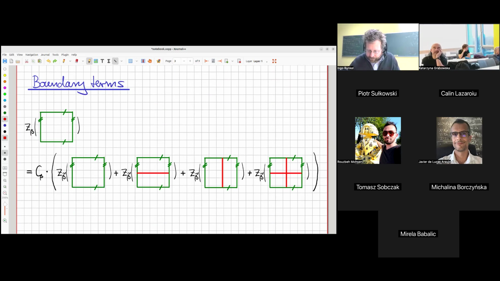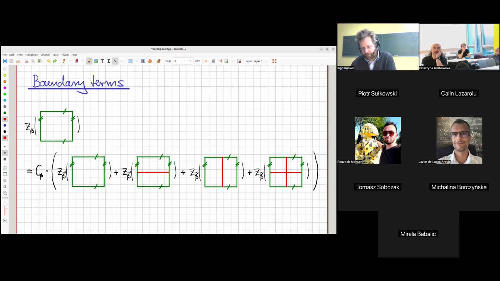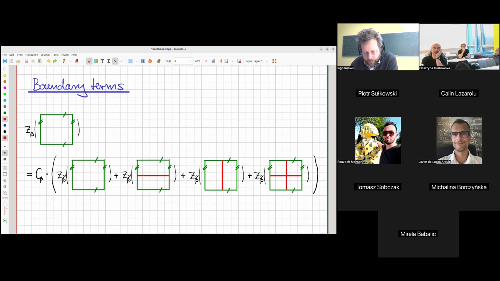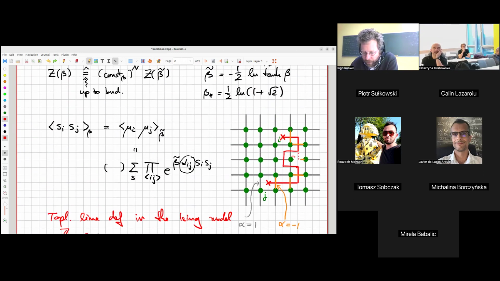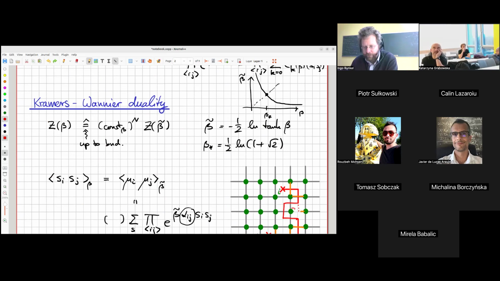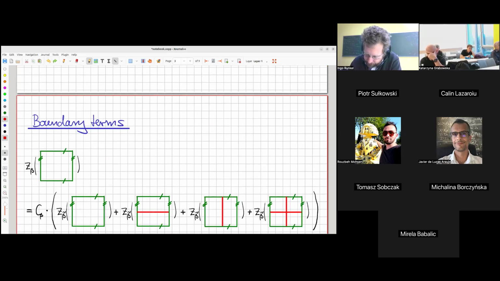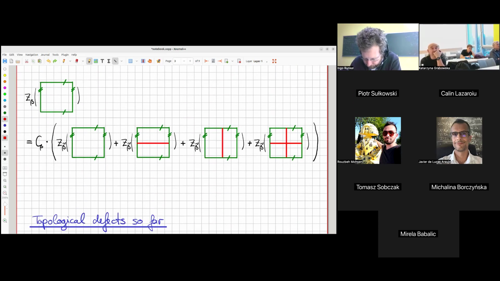I will now want to describe how you get this identity using, again, topological defects. If you look at old computations of how you would get Kramers-Wannier duality, you would indeed just transform the sum, and you would say, well, therefore you've got this identity. I now want to repeat this computation, but using the language of topological defects. Good. So we have to be careful with boundary terms. That's an example of what can happen.